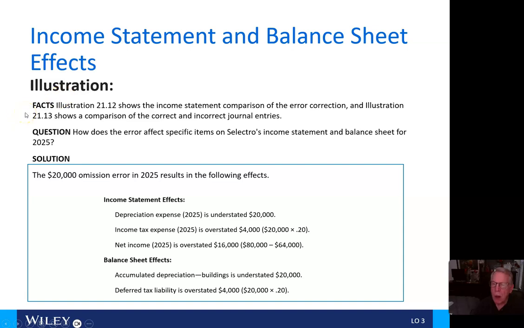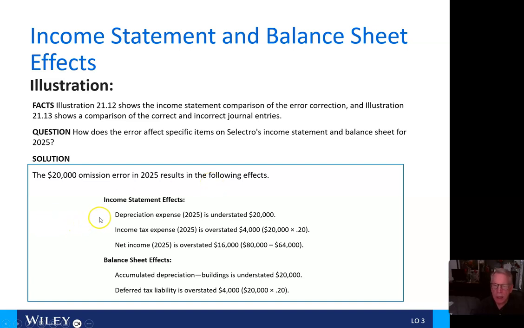Illustration 21.12 shows the income statement comparison of error correction, and illustration 21.13 shows a comparison of the correct and incorrect journal entries. So the question is, how does the error affect specific items on Selectro's income statement and balance sheet for 2025? And the solution is the $20,000 omission error in 2025 is going to result in the following